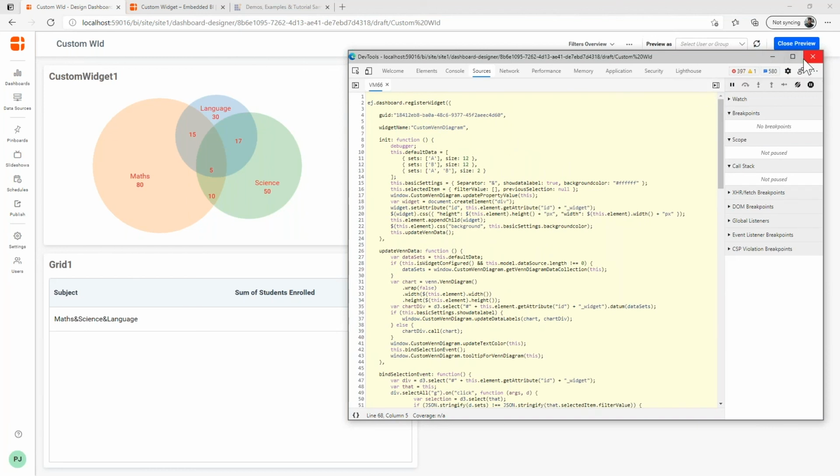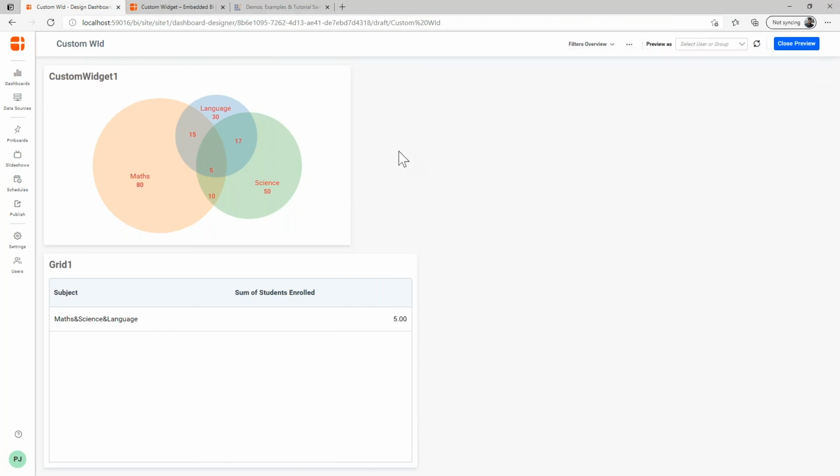Okay, so that is how you include custom widgets or custom visualizations in the BoldBA dashboard. And we are also working on a new page where we'll be including all the custom widgets that we have worked on so far, so that you can download them from there. It is a work in progress, and soon it will be available. And we have also planned to allow our users to include their custom widgets in the gallery, so that others can make use of them. It's a work in progress, and it should be available this quarter.